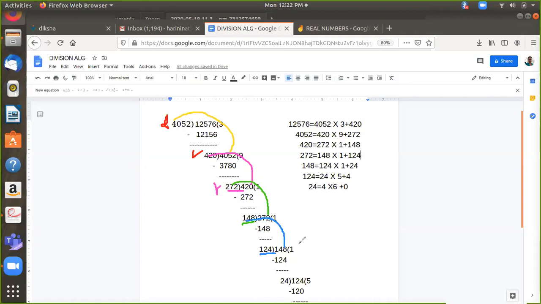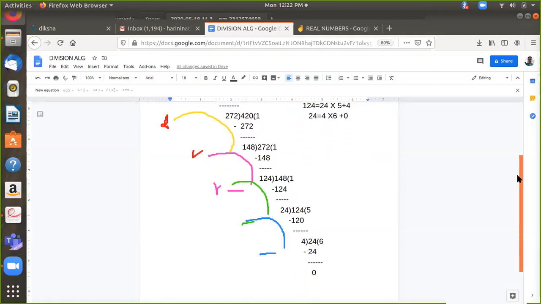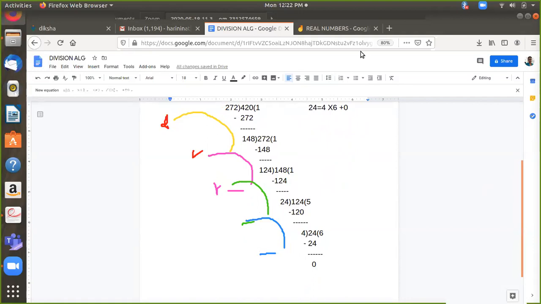Now again, the lemma has to be applied. Now I'll just scroll down a little. Now I'll have to remove all that because that drawing goes with the previous page. Okay. Now we were at 124. We had it one time, 124. Then subtraction is done. Now my new remainder is 24. It is not equal to 0 again. See, 24 I got. Is it less than the previous divisor? Yes, 124. So now that 124 has become the dividend.